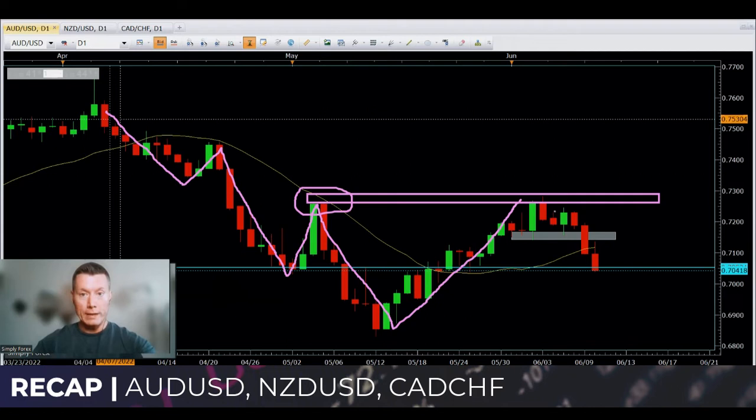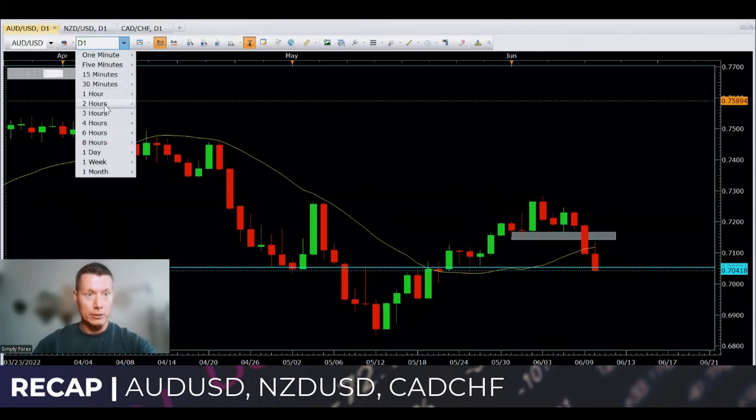Okay, and then sure enough, we had a reaction at that level, and also we had this very bearish candle, which we were looking to take shorts from, which also broke this zone here. Okay, so we were just trying to short this market down to this blue line, and as you can see guys, that's exactly what happened. Okay, but let's see if we could get in on the trade on the H1.